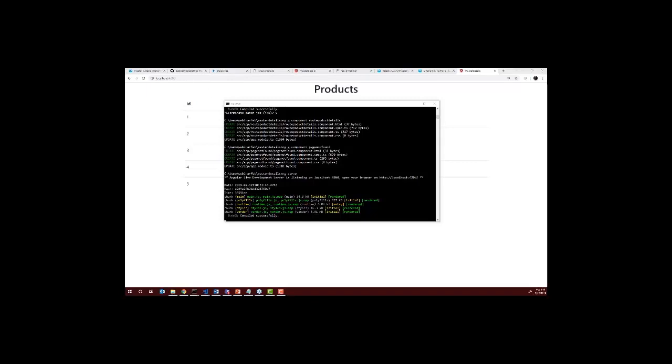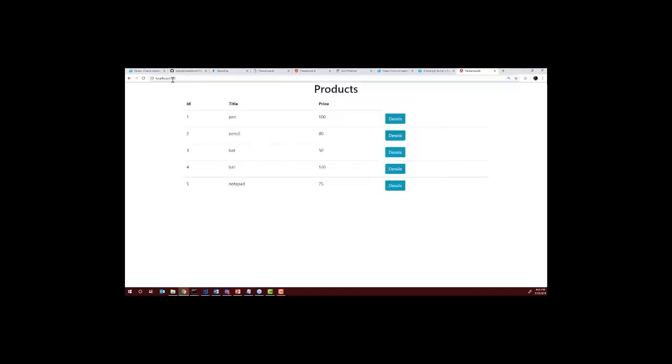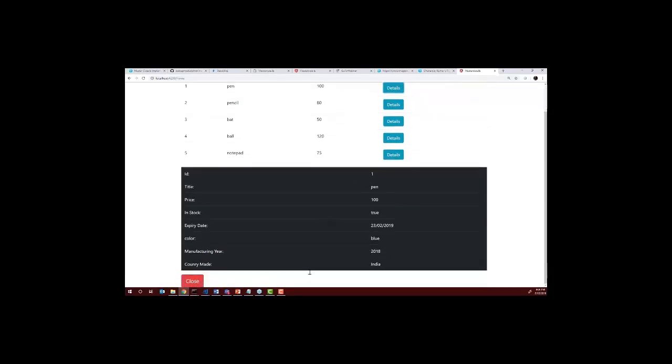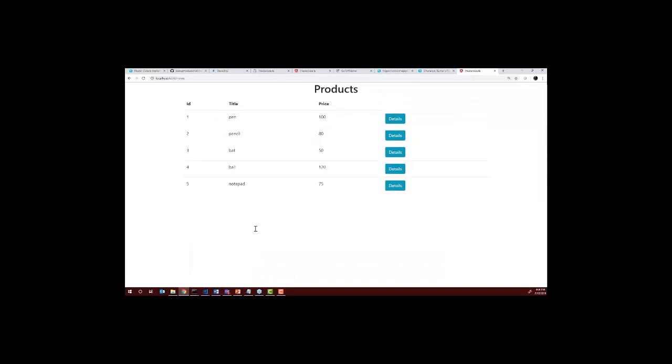Great, so here it is, Webpack compiled successfully, and now if I'm running it again, you see that the URL has been changed to home. Now we have to find that when we click on these details, we should navigate. Right now it is loading it here, but we want to navigate to the different component which we just created. Okay, so for that, what I'm going to do,